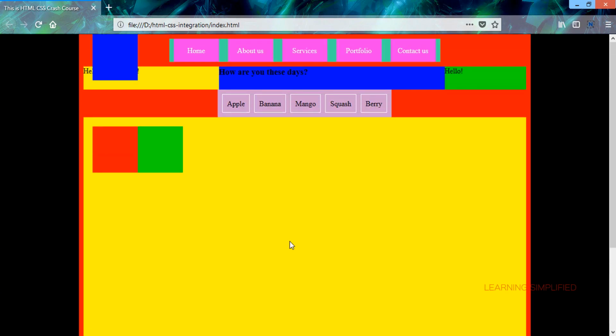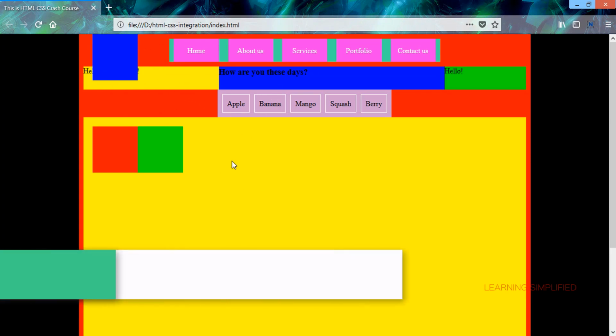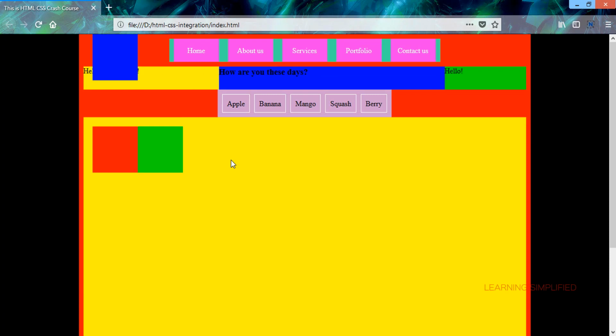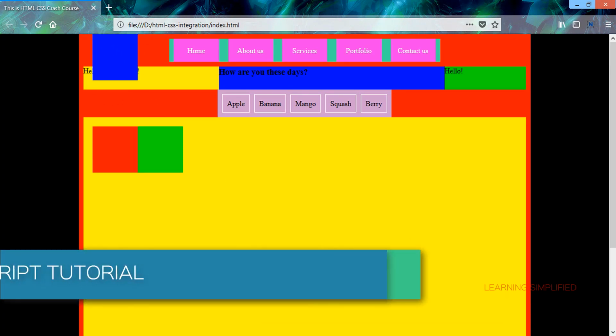In this particular case, we defined the position of this blue box to be fixed in the top 0 position, and that is exactly what it is doing. The syntax here practically fixes this blue box into the top position, and we can see that every other element present inside this HTML page is getting scrolled down below this particular blue box here.